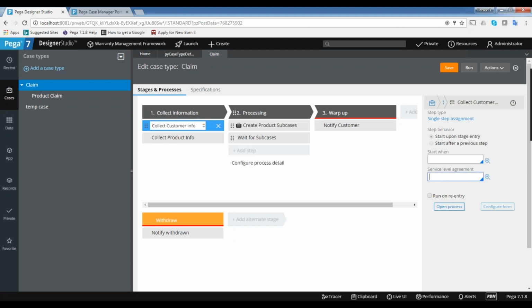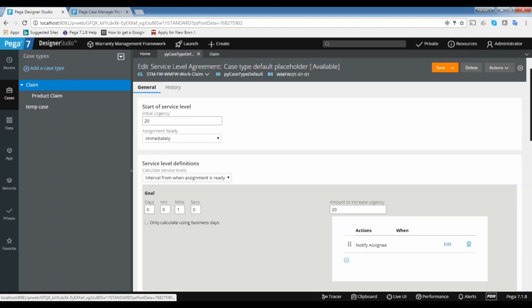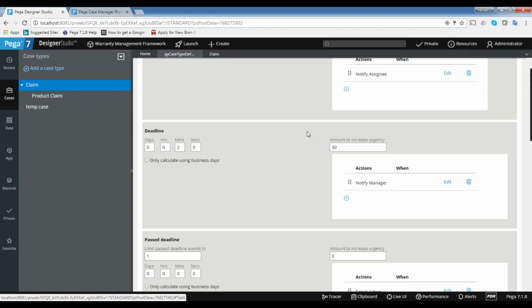I am doing it for the case level, and in reality most of the time we'll do it at case level only. Task level is a very rare scenario, for example if you are assigning to somebody else who is an external person. At that time we will do it at task level, but most of the time we do it for the entire case.